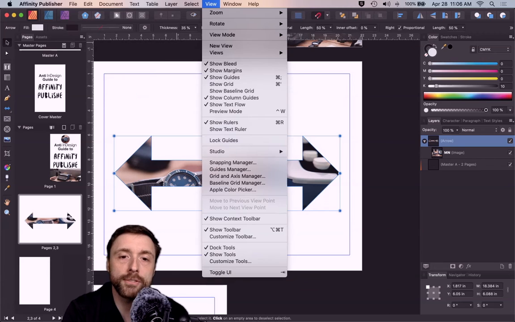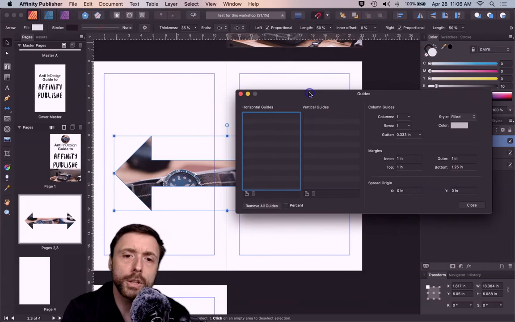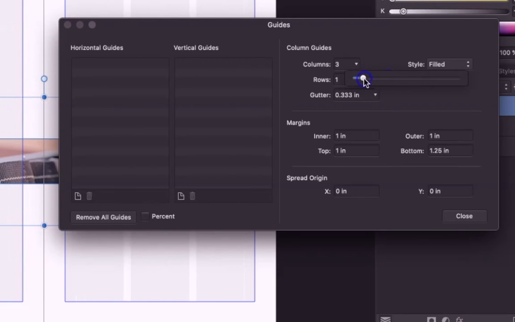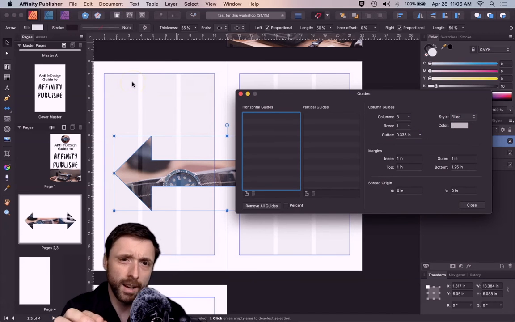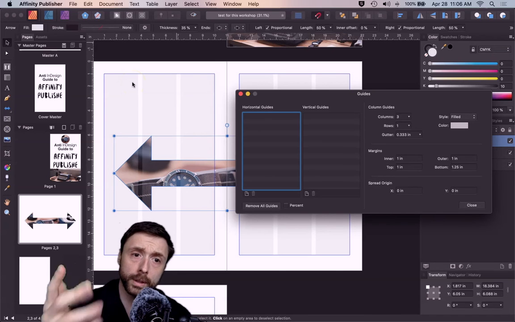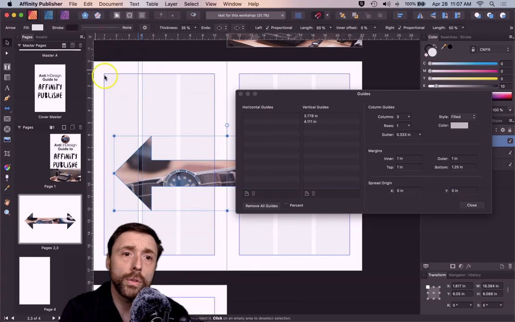So what we're going to do is go up to View. We're going to go to Guides Manager. In Guides Manager, this is where you're able to build the guides that you want across your document. You would be able to add your guides here. So for instance, if I needed to add, let's do 3 columns across everything. Great. And let's say we wanted to change the fill. So instead of it being the ruler guides that we're used to, which we can still drag from the left and make our guides accordingly, these actually get grayed out,